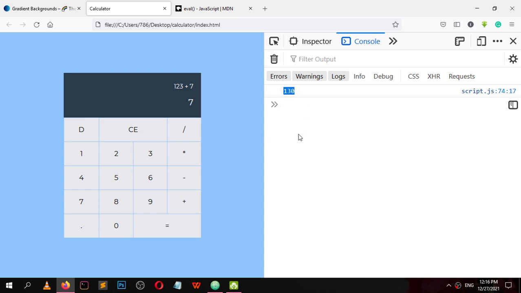Now the type of this is number, or let me show you a simple one. 5 plus 5 equal 10, or 2 into 10 equal 20, or 50 divided by 25 equal 2.